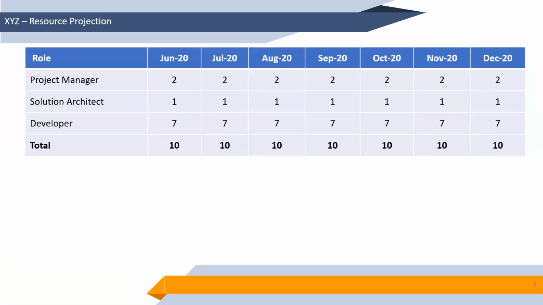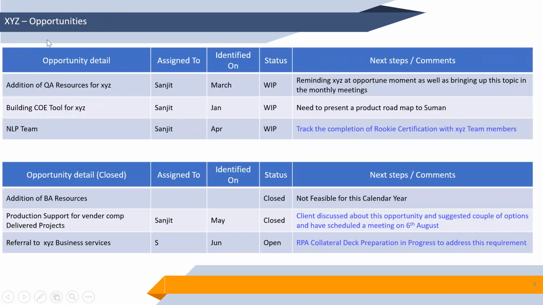Now the next slide is for the resource projection. In this template, you can see in the header the role. You are working as a vendor and you have a team. How many project managers are there, how many architects are working, and how many developers are working, month wise, you can report and show to your higher management. Okay, and the next slide is for the